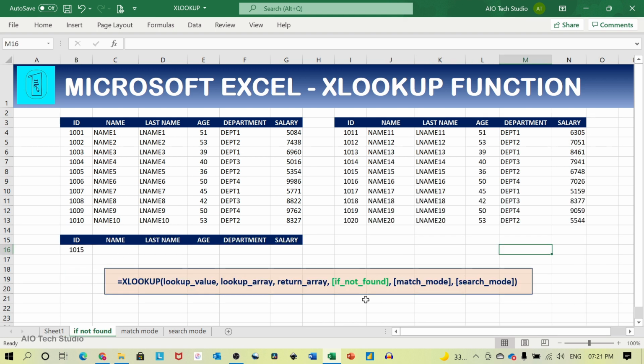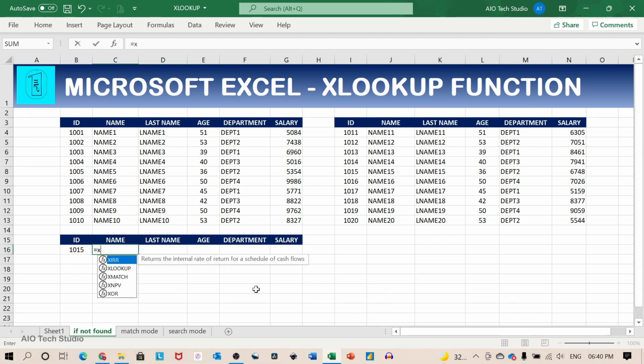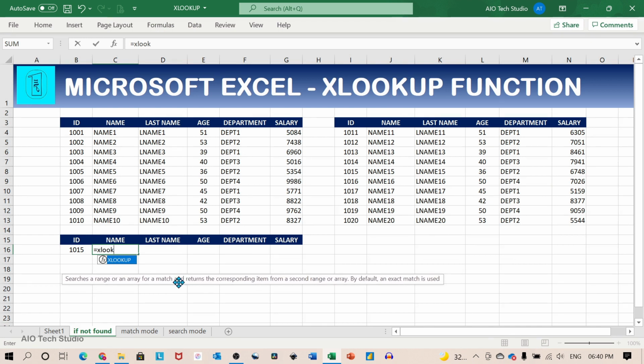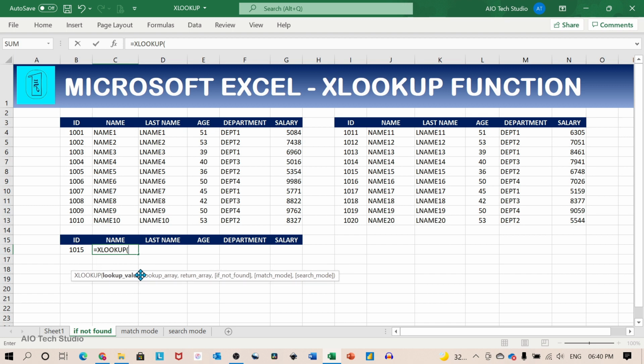Let's look at the fourth argument of the XLOOKUP function, which is if not found. It helps us to specify a text if there is no match found. Let's try a couple of examples now. The fourth argument helps you to return a value if there is no valid match. This is our lookup value.